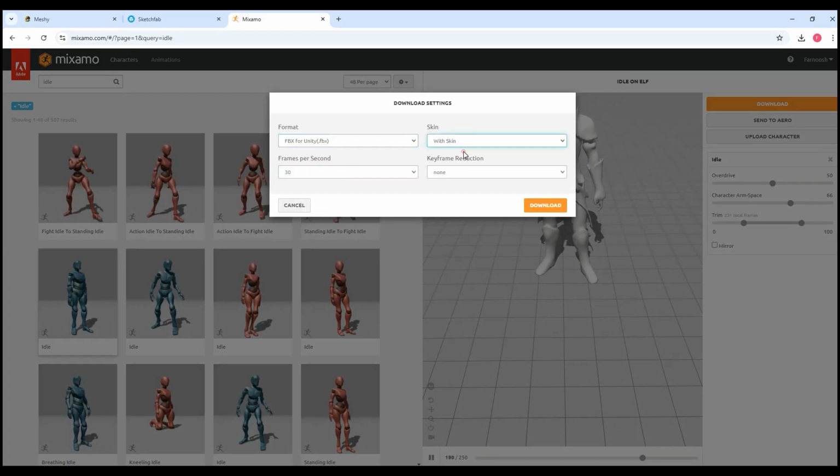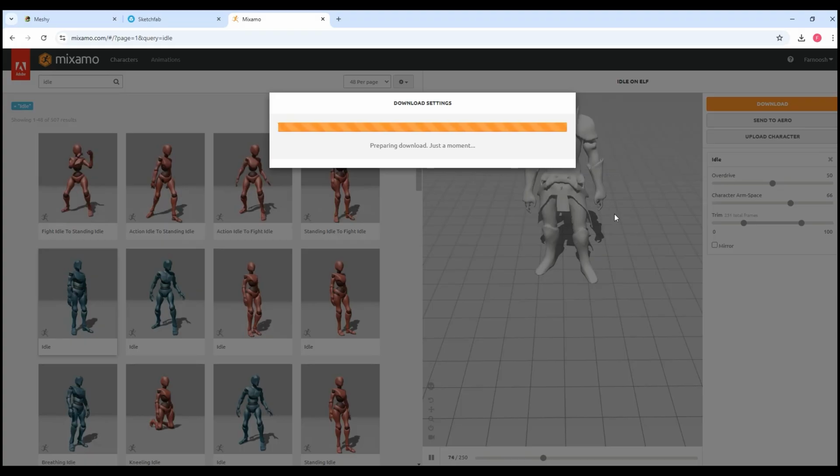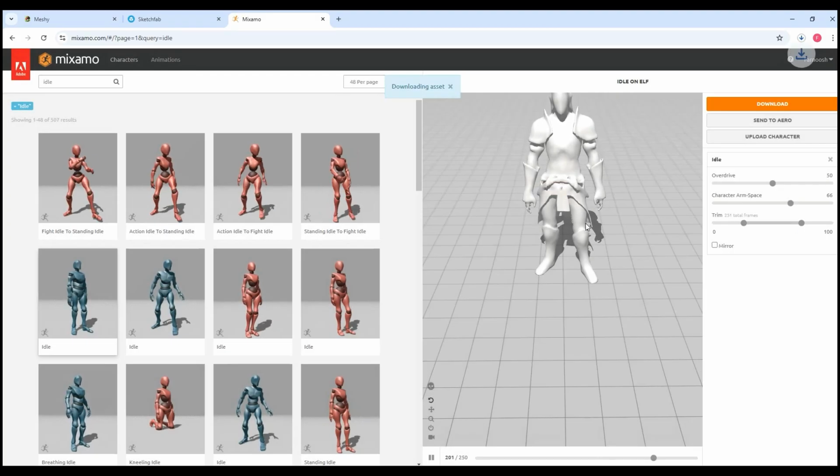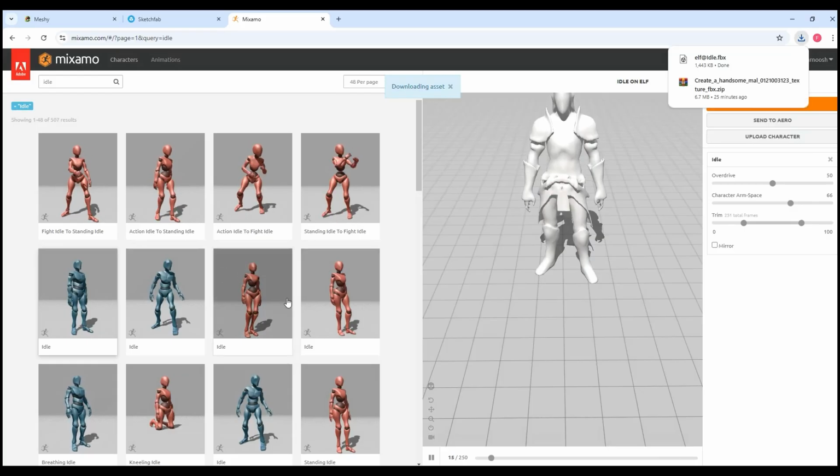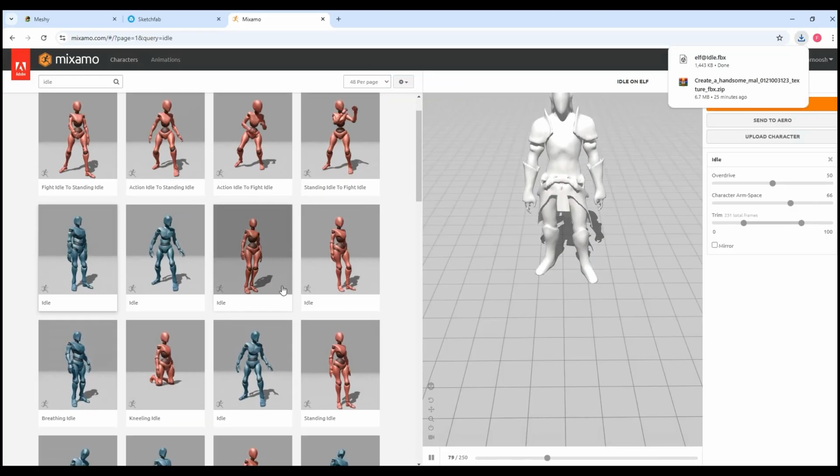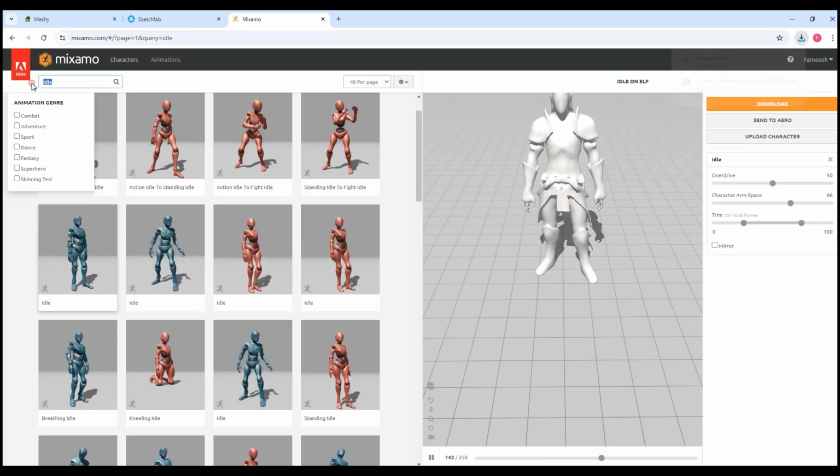And one of your models should be with the skin. It means that with the character itself. And the other ones, we say without the skin, it means that only with the animation. So you need a character that is rigged. So always make one of them with the skin. But okay, imagine that. Go to run animation,